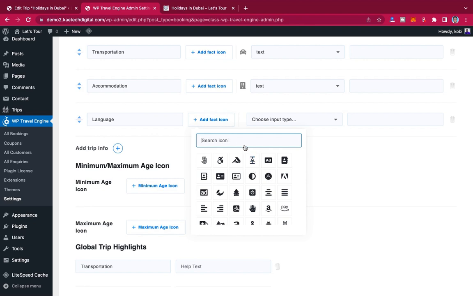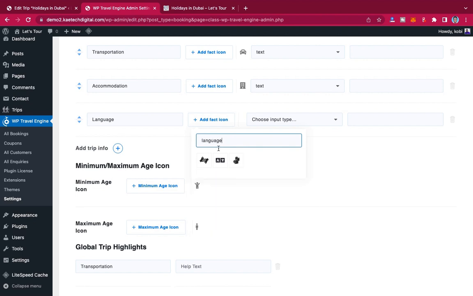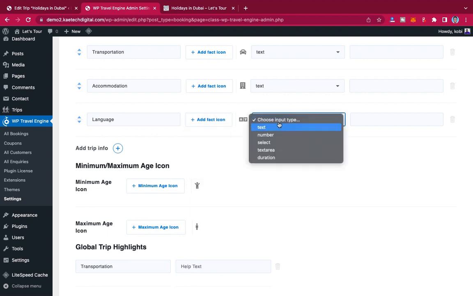Okay, so you can decide to search for language. So let's say language. Okay, so I'm going to choose this one as the language. And then I'm still going to choose text area. Now you can select a text. You can select anything that you want to select over there. Make sure that whatever you select depicts whatever you want it to